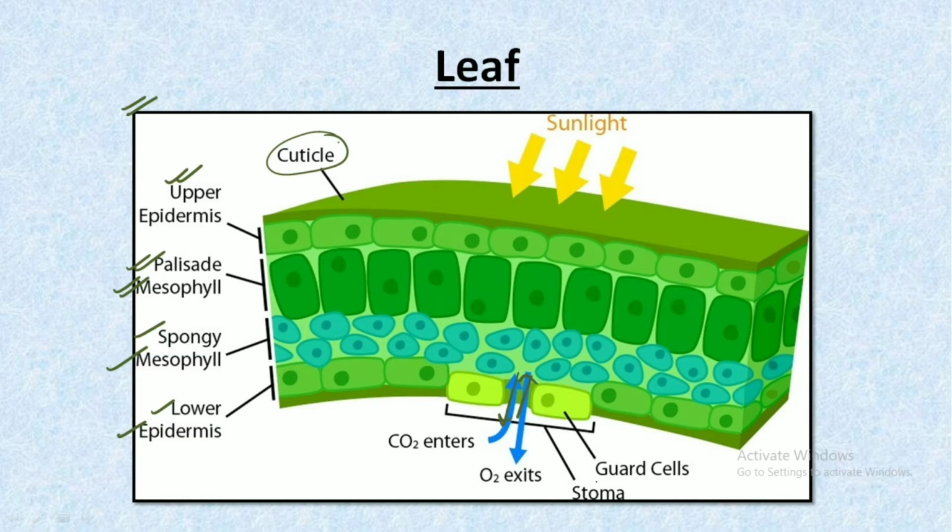And this opening is protected with the help of the guard cells, and this opening actually helps in carbon dioxide entering the leaf and the oxygen exiting out of the leaf. And how is the oxygen produced? It is produced with the help of the photosynthesis mechanism. And what is photosynthesis? We have discussed photosynthesis in complete detail on the channel. You can watch the complete playlist on the channel itself.